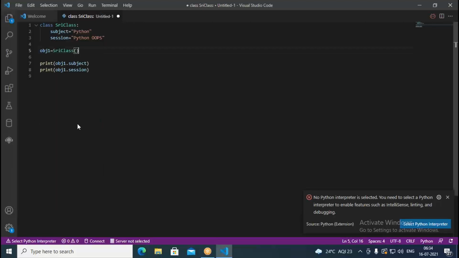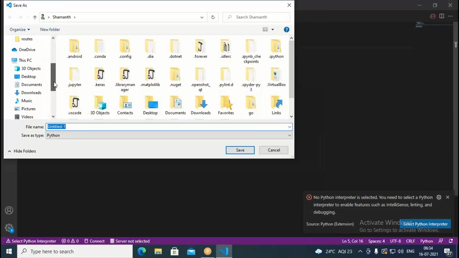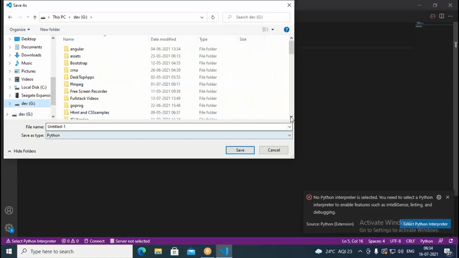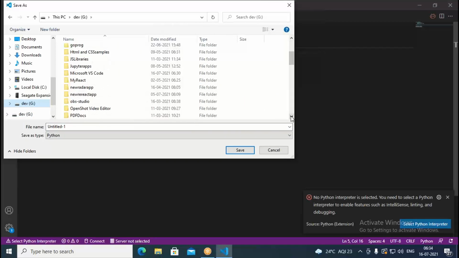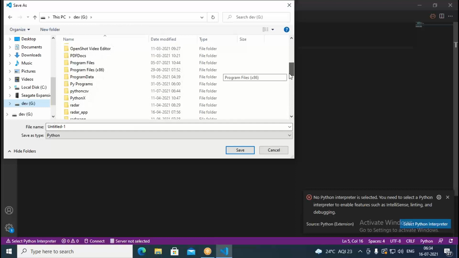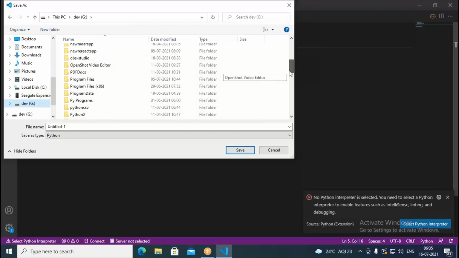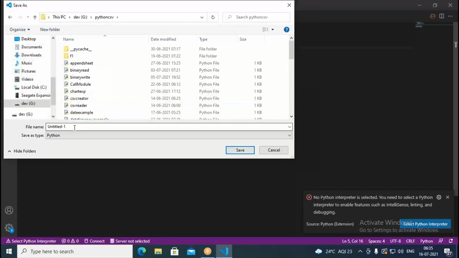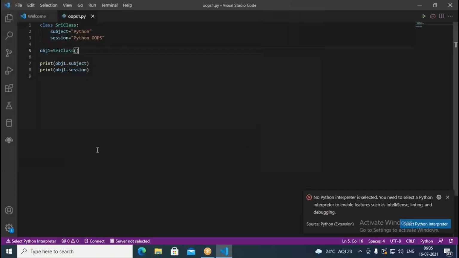But before that, I save it, save as, in the G drive, in the Python CSV folder. I would like to save it as oops 1.py.